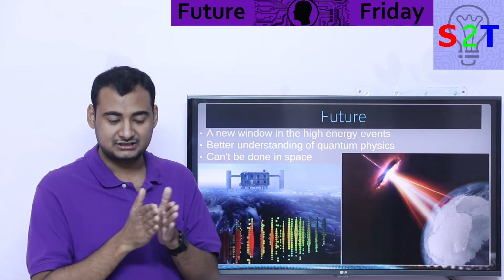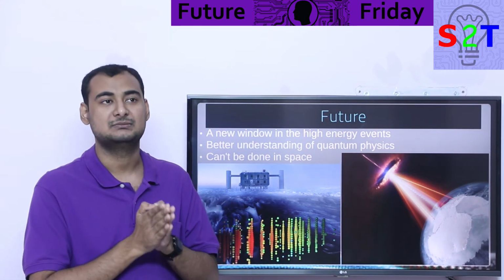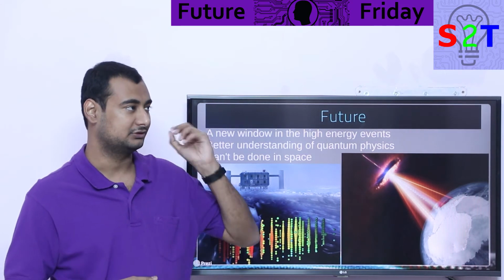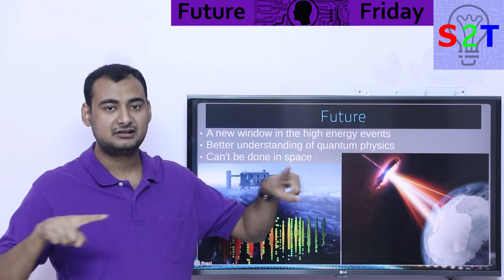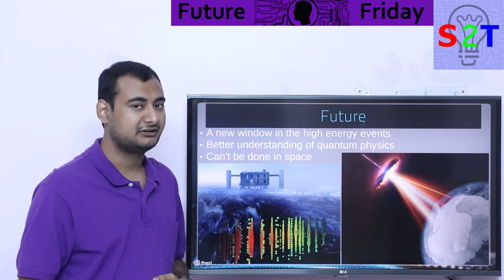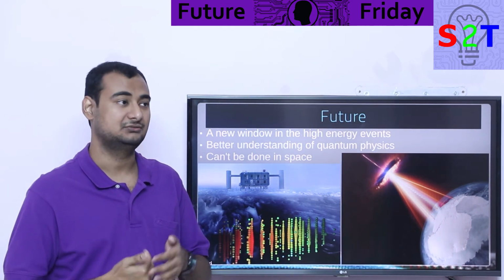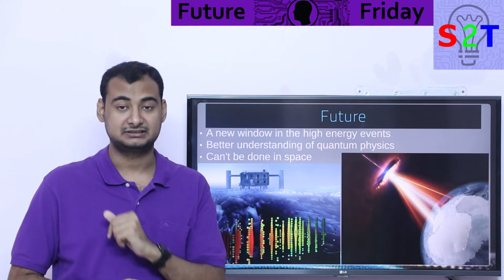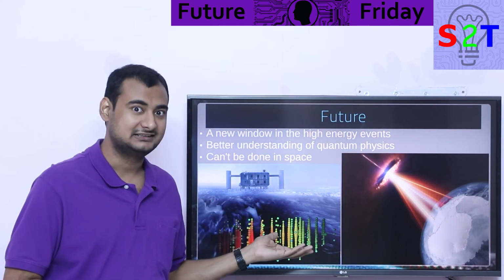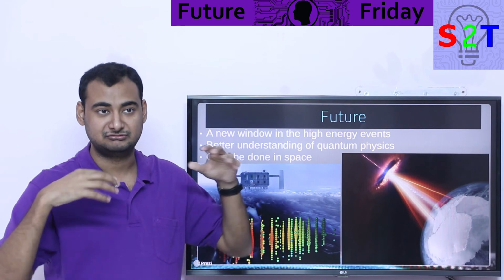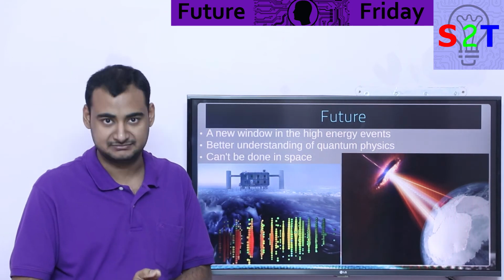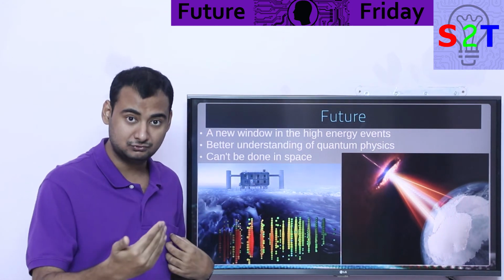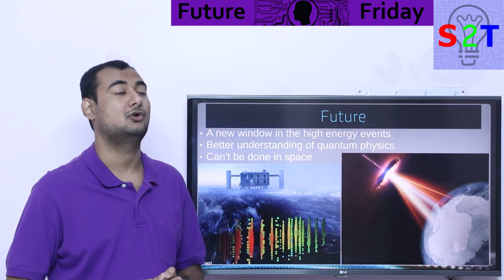So this allows another window, and science always requires multiple tools to work. You cannot say, okay, this telescope is done. No, you need hundreds of different kinds of tools in order to calibrate your results. You will ask, what does the X-ray telescope say? What does the infrared telescope say? What does the neutrino telescope say? You need data collaboration in order to be absolutely sure about the mathematics. For that reason, having a new tool that we humans are figuring out is awesome.